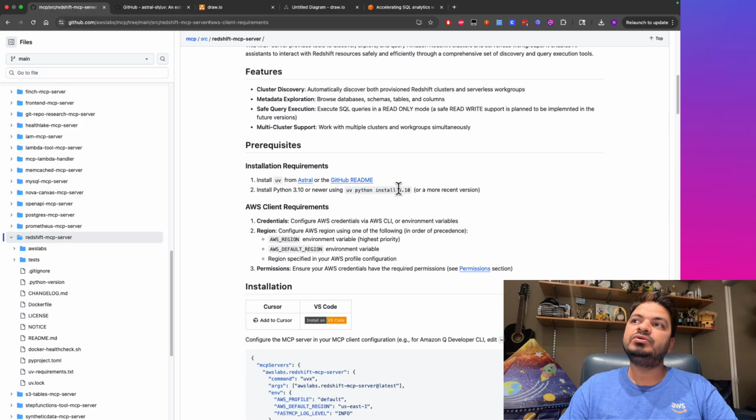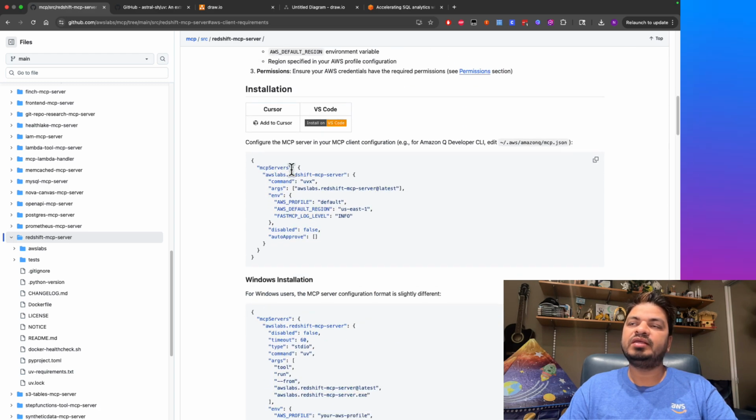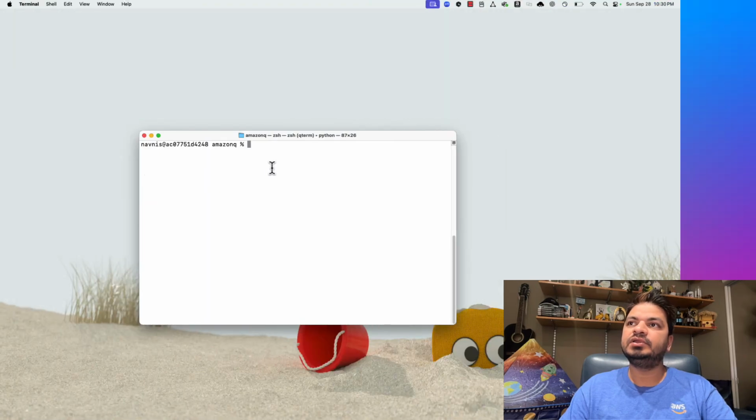And these are the prerequisites. Of course, you need AWS CLI and everything as such. Apart from that, you need Python 3.10, and then you will be using uv, which allows you to install any Python packages in a super fast manner. So good, let's get started. Here I will be using this MCP server. I will simply copy it here. I will go into Amazon Q, and that's where I will be adding this